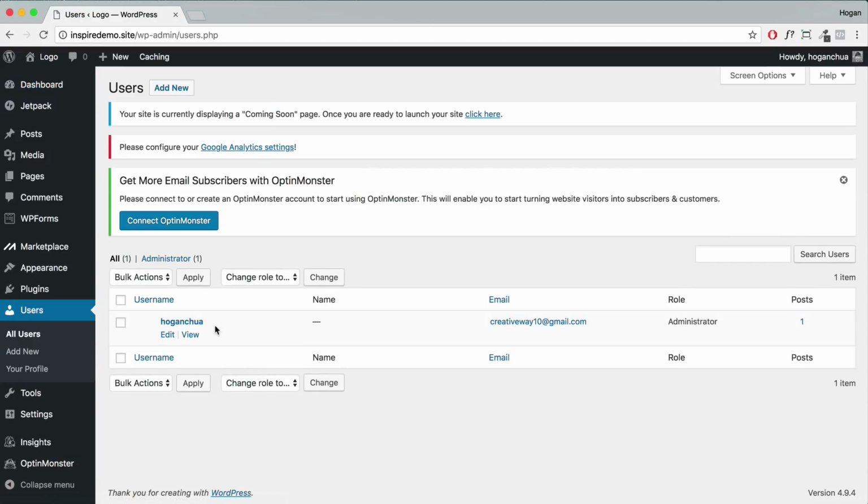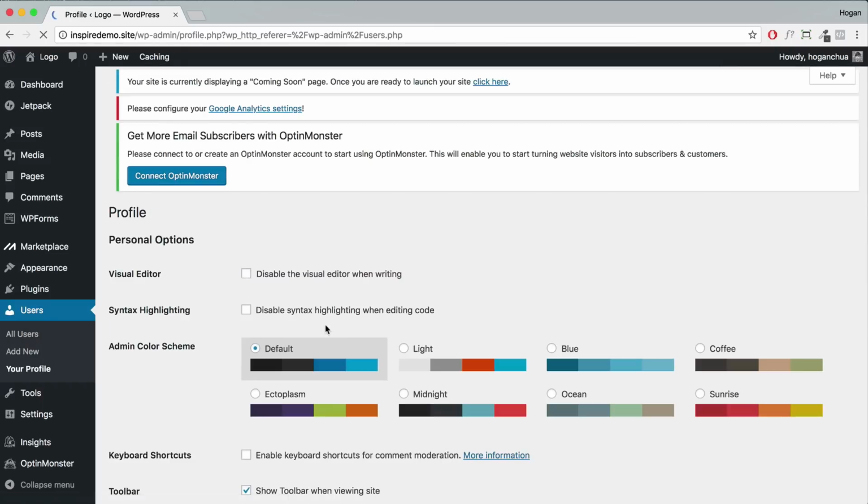Now basically this section here, you can actually add in a new user. So for example, if you have a writer or something for your blog, then you can create a new user for them and they can log in and they can add in blog posts or edit the page and things like that. So this is your user and we're going to click on edit and we're going to change the